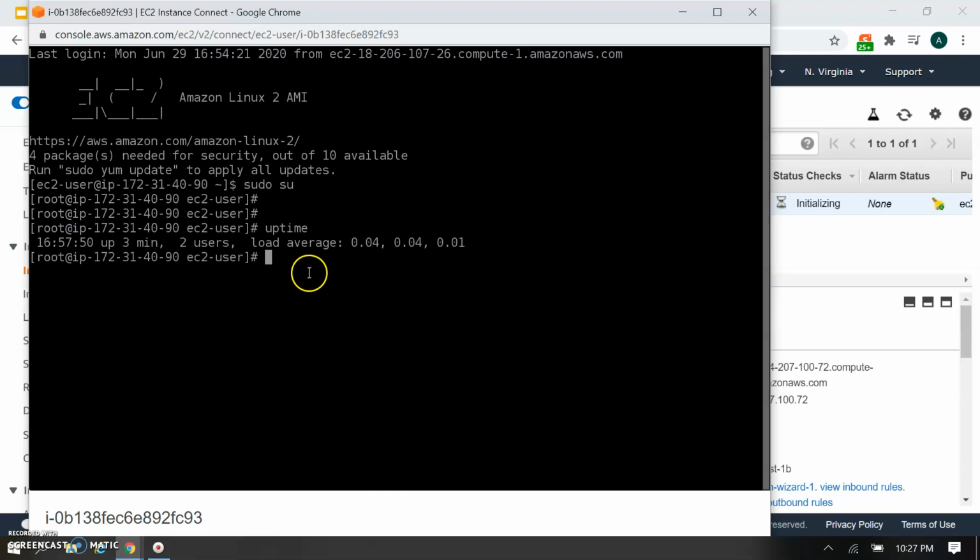We stopped the instance and started it again, but the uptime continues to count the whole minutes. This is hibernate, where it preserves its state from the RAM in the EBS, so it won't reset your uptime; it takes the full calculation of your uptime. This is how we can configure hibernate and use it for long running processes.